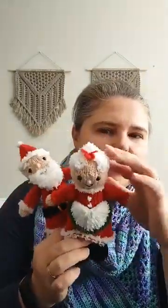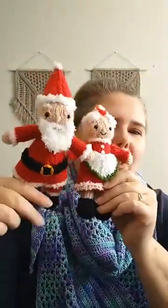So anyway, I don't have a package from this, but in the kit were several balls of yarn, like what is needed here: red, this kind of peach, black, and this fluffy stuff. And yeah, so I've just followed the directions